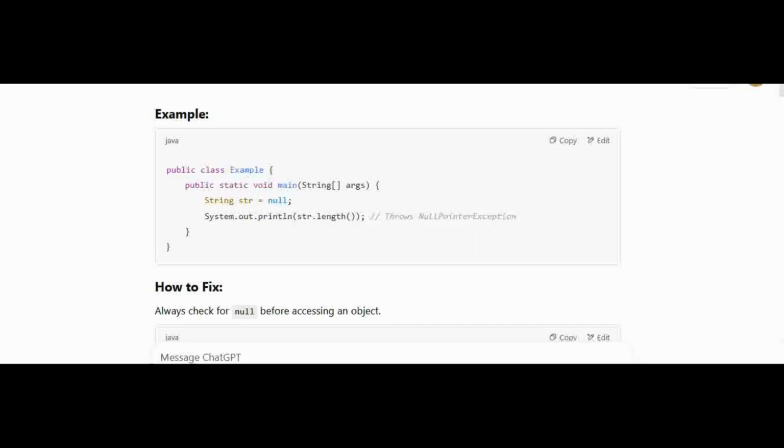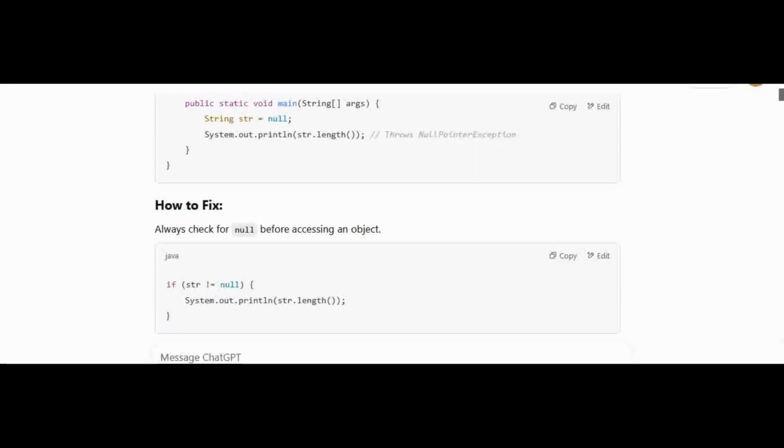Now let's look at how to fix it. Always check for null before accessing or modifying an object. We have Java: if (str != null) { System.out.println(str.length()); }